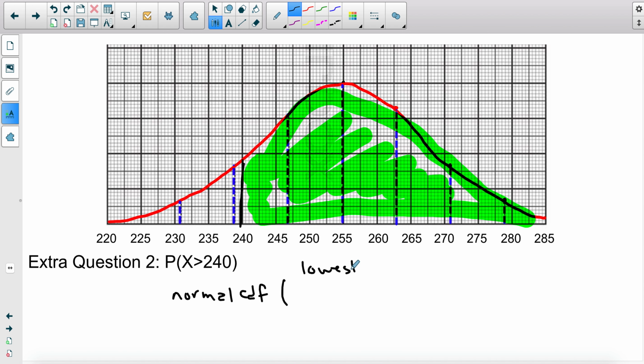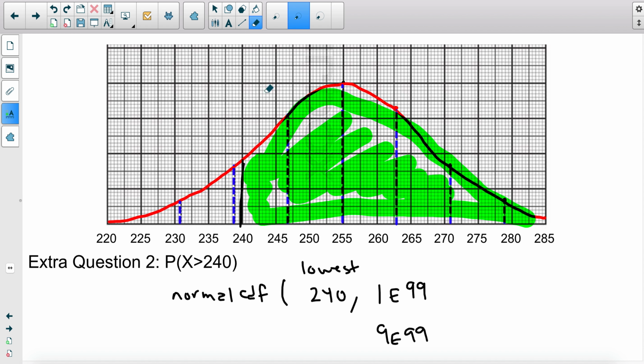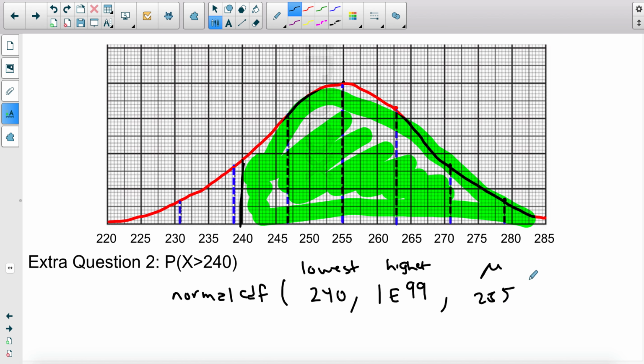The lowest value this time is 240. That's where we start, and it's going to end at positive infinity. So it's going to be a positive 1e99, or 9e99, up to you, whichever you want, as long as it's a big negative number. Big positive number. And then your lowest, your highest, your mean, which is 255, and your standard deviation, which is 8. You press enter or you press paste, and it's going to give you